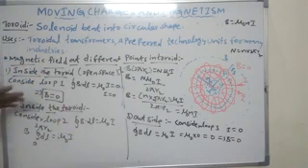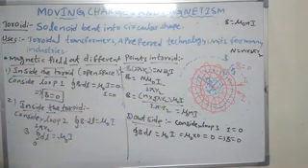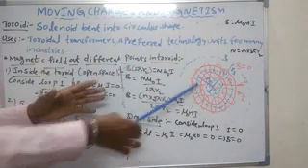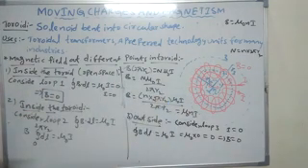In case of solenoid, magnetic flux leakage takes place. In case of toroid, there is no magnetic flux leakage. The magnetic field is completely packed, completely sealed in case of toroid. That's why the toroid performs better than a solenoid. In case of toroid, we can produce more magnetic field than a solenoid.